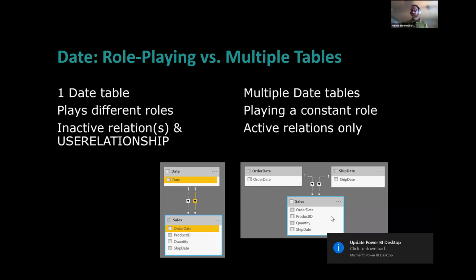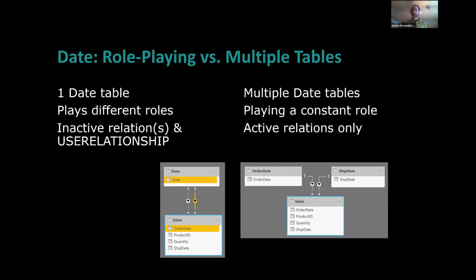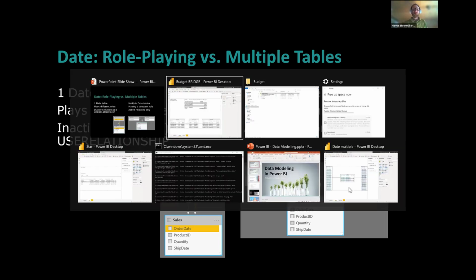Or of course, I would use DAX and Power Query, which maybe makes it much easier to rename the columns of those tables, because I want to make sure in the order date table, I have an order year, order month, and so on and so forth. And in the ship date table, I want to have the ship year, the ship month, and so on. Not just a year or a month, because I want to avoid having two different columns in the same data model with the same name but different meaning.